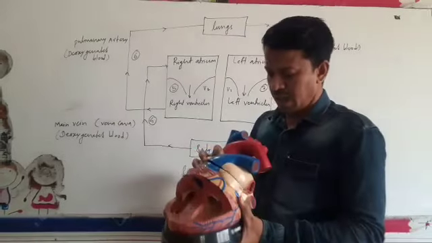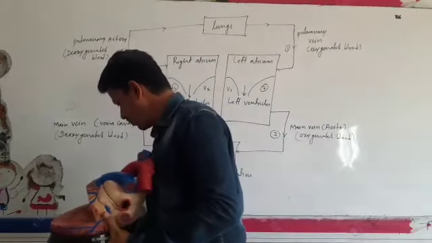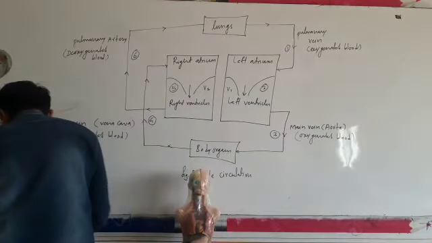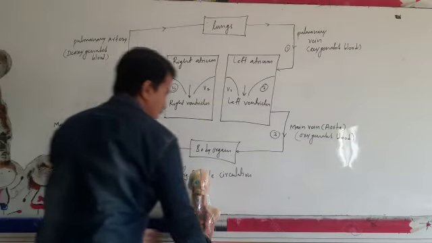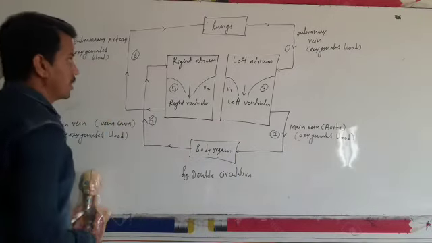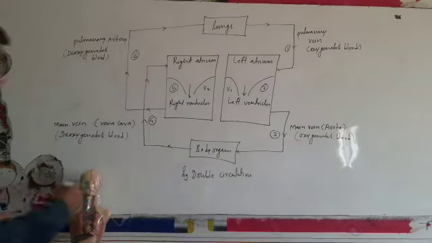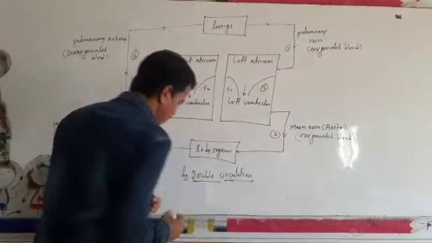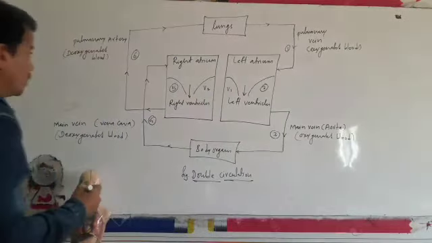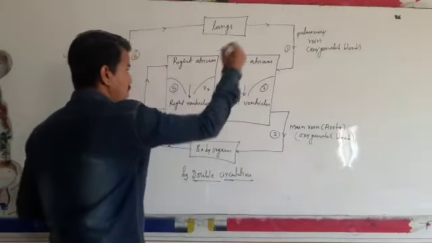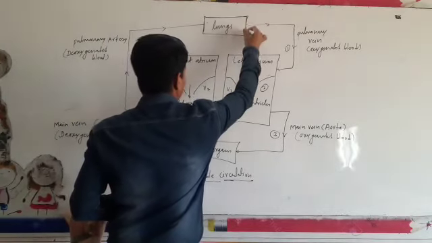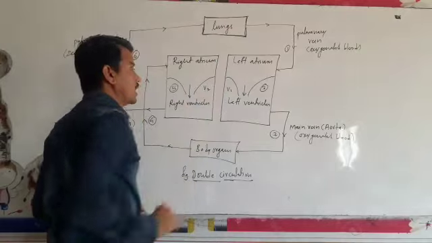Now see here, I will show something about the double circulation. I draw a chart diagram here. In human beings double circulation is there. Why is it called double circulation? Let us take an example stepwise. In the lungs, we know the exchange of gases takes place, in the right and also the left.